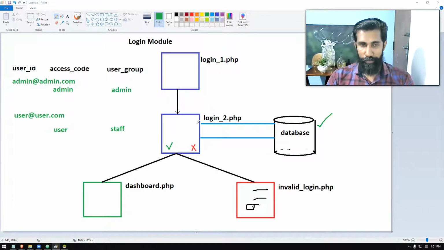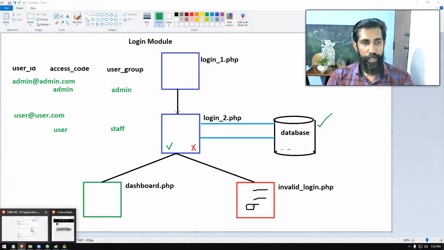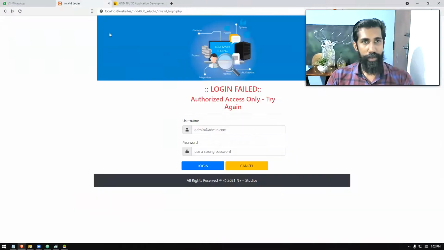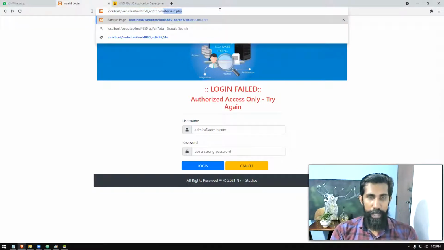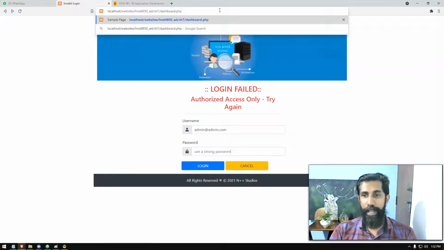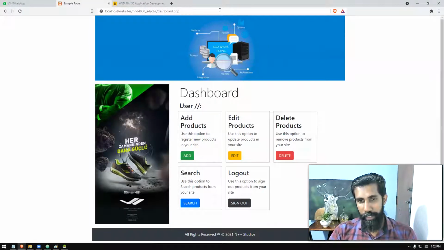That's step 1. Number 2 is there is a problem here. Actually, Zain asked that question also, right? If you haven't logged in, but if I type in the URL dashboard, if you remember the URL, you type the dashboard URL and you are in. You can delete, you can do whatever you want. So this is a mistake that we are doing. Without logging in, no one should be allowed to access your restricted pages. So we're going to block this. I'm going to show you how to do this part, right? All right. Thanks for asking that question anyways. So we're going to do that part, right?